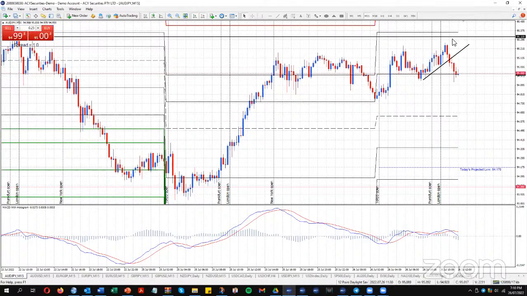If it doesn't have another stab up, and we're further down the chart today, then I may well be looking at the 95 level tomorrow to try and trade down from. I'm just waiting to see if it wants to get up to the 95.32 level or not. I'm always trying to get in at the best price if I can.